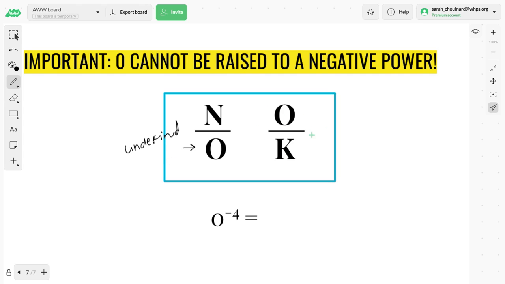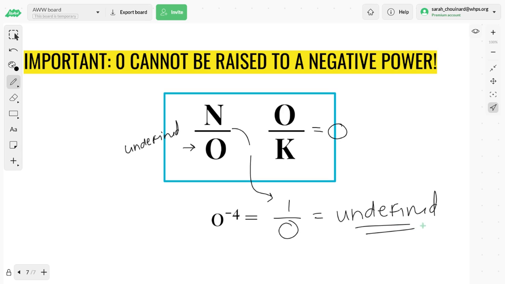When I do 0 over a number, so okay, 0 divided by a number, I just get 0. If I had 0 divided by 10, 0 things divided amongst 10 groups means each group just gets 0. So if I had 0 to the negative 4th power, the reciprocal of that is 1 over 0, which is the undefined setup. So anytime 0 is raised to a negative power, your answer is undefined. This is super important. So let's make sure that we remember